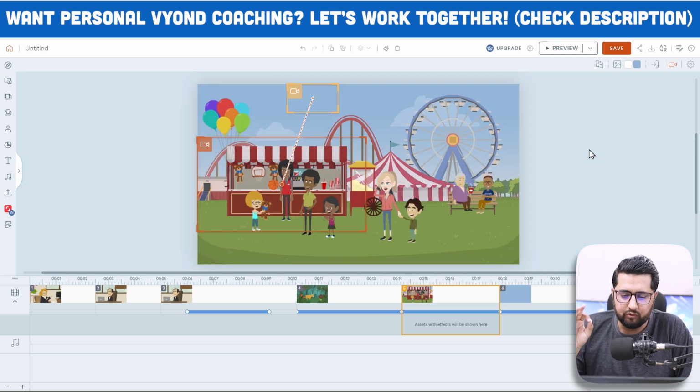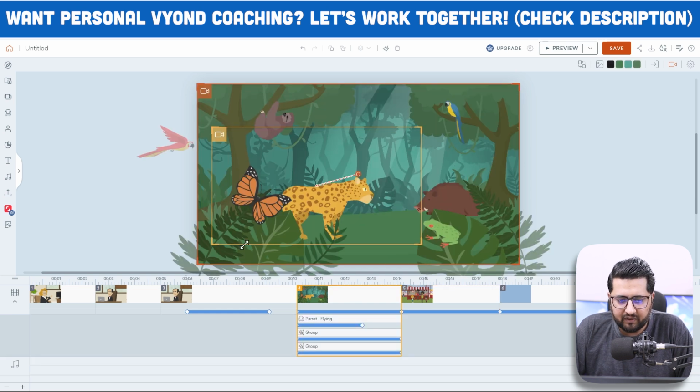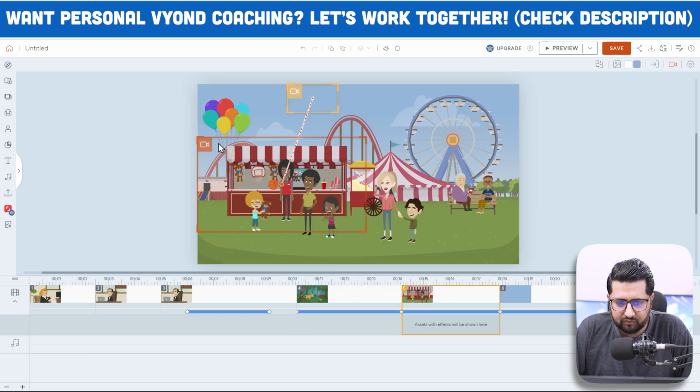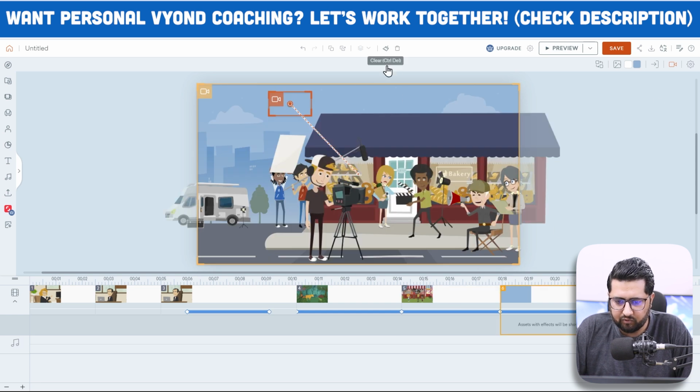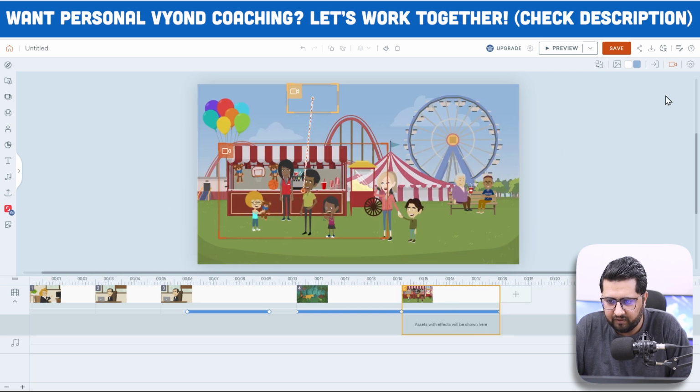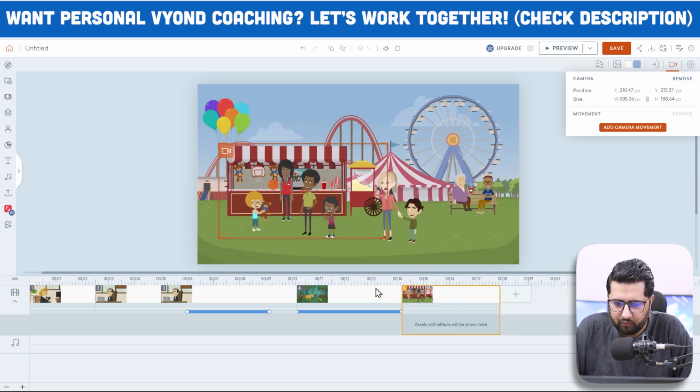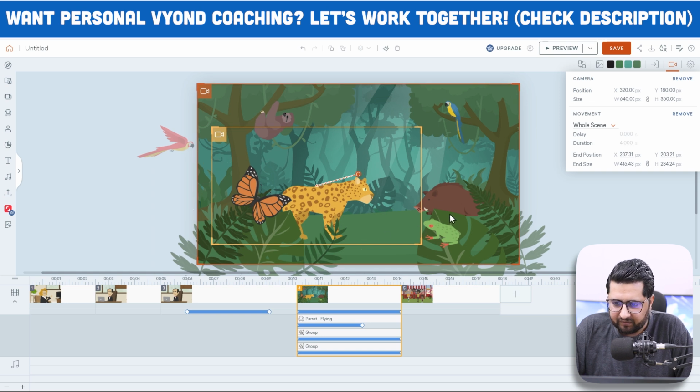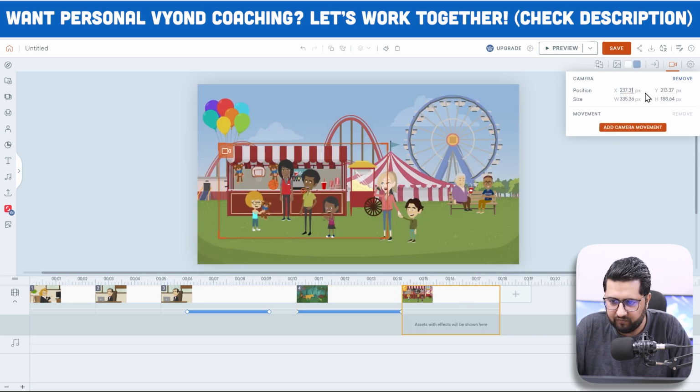There is one trick we use when we need to copy the camera into the next scene. Like for example, this is the scene where the camera is, and I want the next scene's camera to be in exactly the same space. How can we do that? Let me remove this scene entirely and remove the camera movement. Now where the camera ends, here is its end position and end size. I will copy these positions and paste it here, like end position, Control C, and end position, Control V,